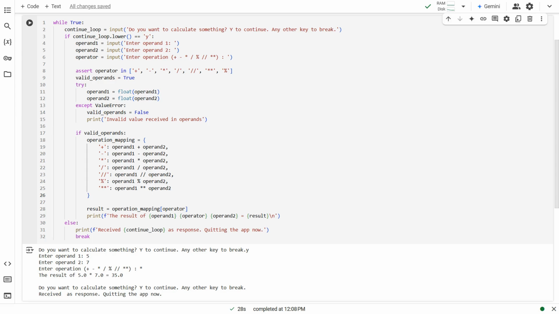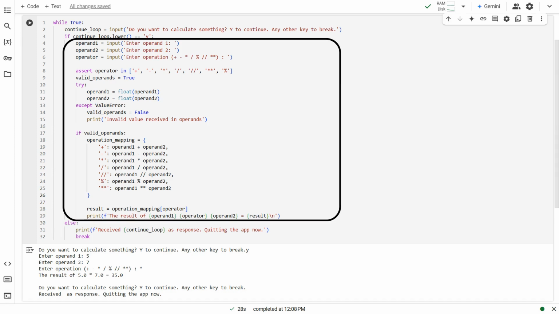This app is programmed to perform any number of calculations, each time checking with the user if they want to continue. We achieve this using a while loop. We set the condition for the while loop to true, so that it can run for any number of times, unless broken. Each time, the user is asked if they want to perform a calculation. Only when the user inputs the character y, the inputs are obtained. If the user gives any other input, the application is terminated. Note that the continue_loop variable is converted to lowercase to handle cases where the user inputs an uppercase y.